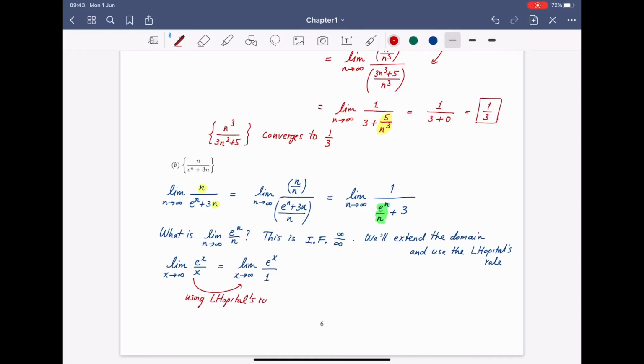So you differentiate e to the x, you get e to the x. You differentiate x, so you get 1. And then what we have left is just the limit as x goes to infinity of e to the x, which is plus infinity, right? Because e to the x goes to infinity when x goes to infinity. So here we conclude that